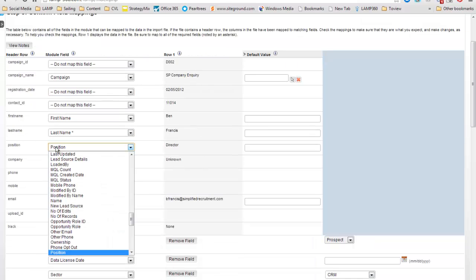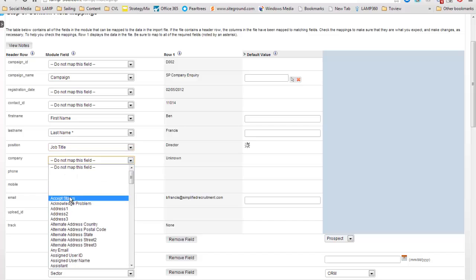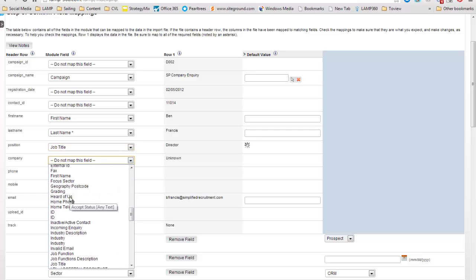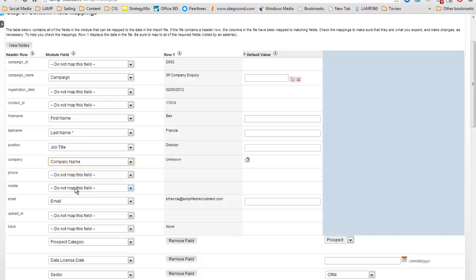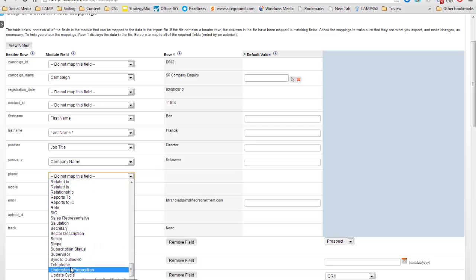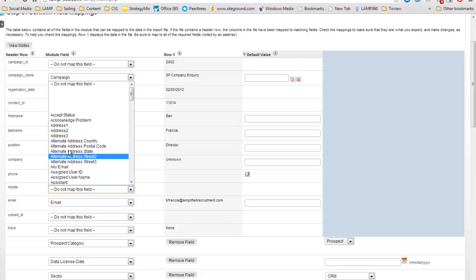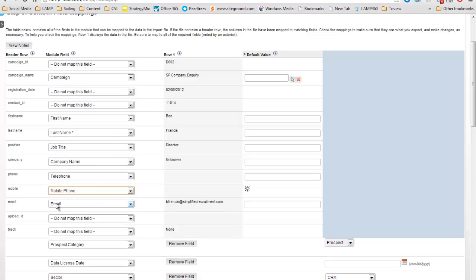The position is actually going to be job title. The company is going to be company name. Phone number is telephone. Mobile is mobile, and so